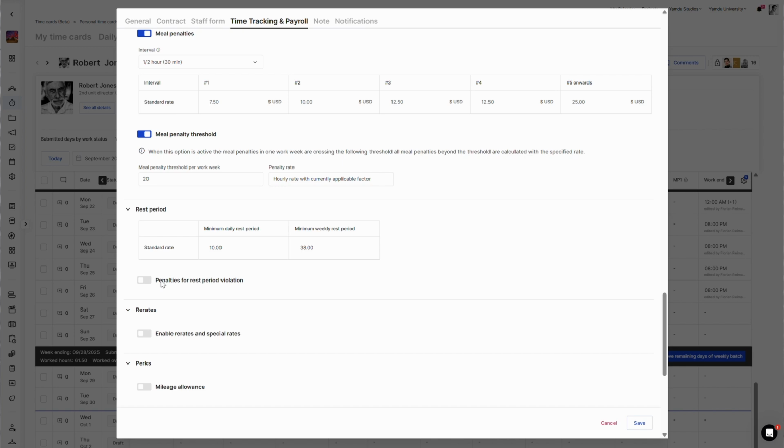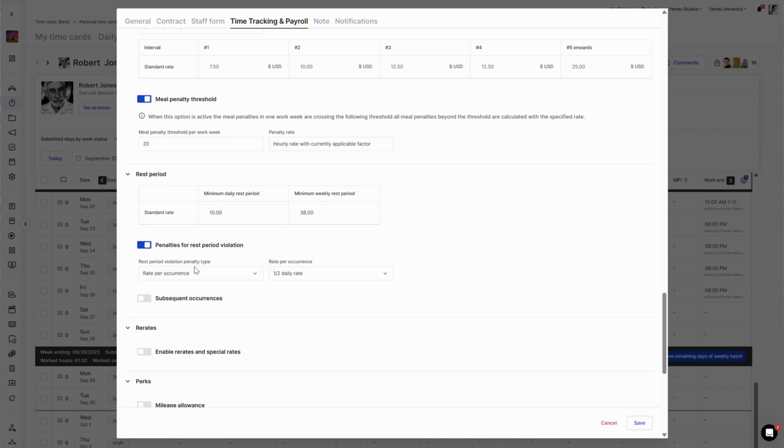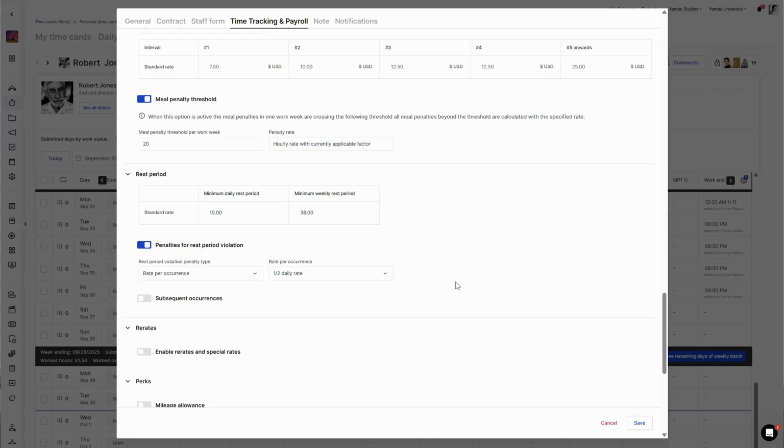Let's now say we activate the penalties for rest period violations. Especially in the US, for example, it is possible that you can violate the turnaround times under certain conditions, and then you have to pay the crew or cast member an additional fee. That can be set up here in the penalties for rest period violation settings.